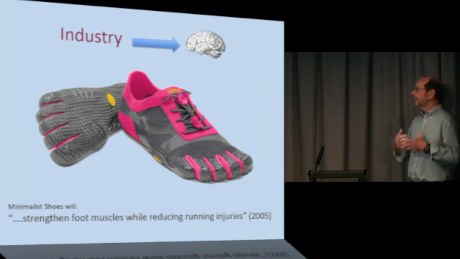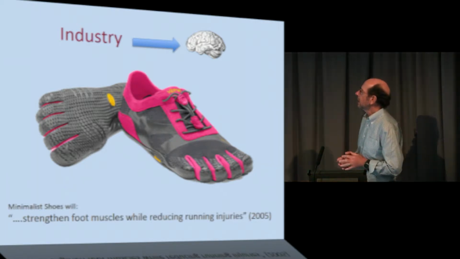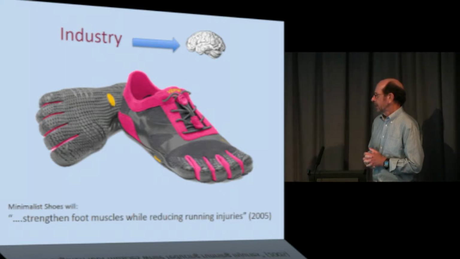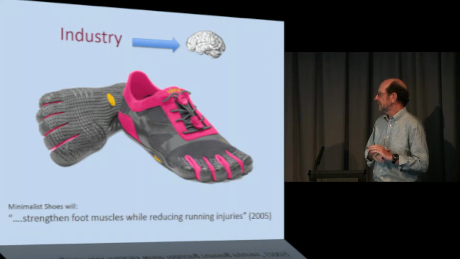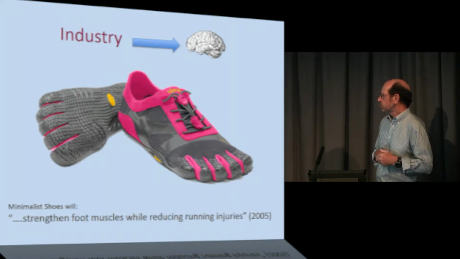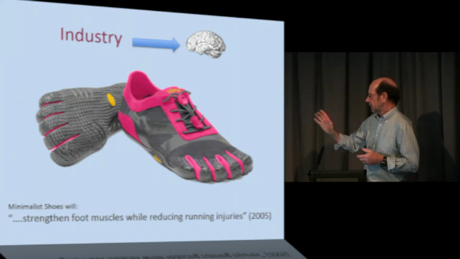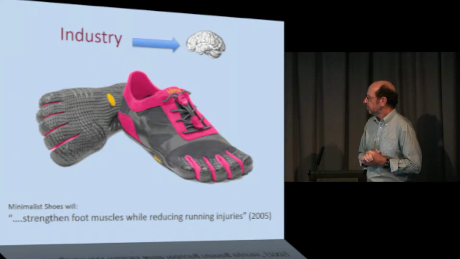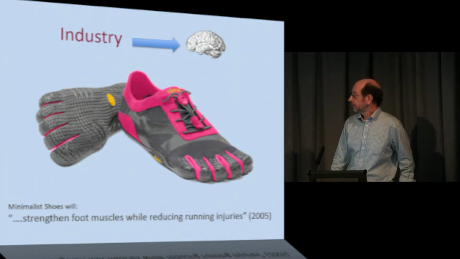So let's get directly to an example where industry told us what to do. These are the Vibram shoes, and their advertisement from 2005 specifically said these shoes will strengthen foot muscles while reducing running injuries. Now, let's take these two claims to begin with: strengthen foot muscles. That may be true. Peter Bruggemann at the